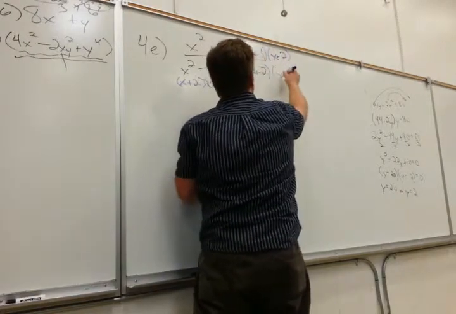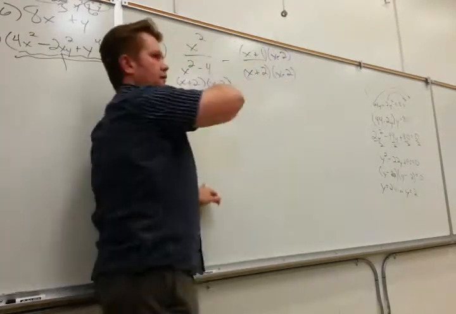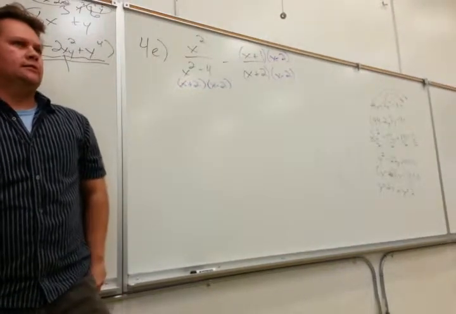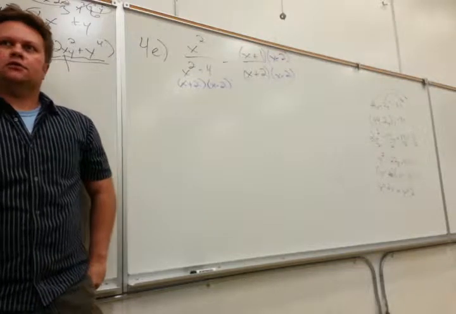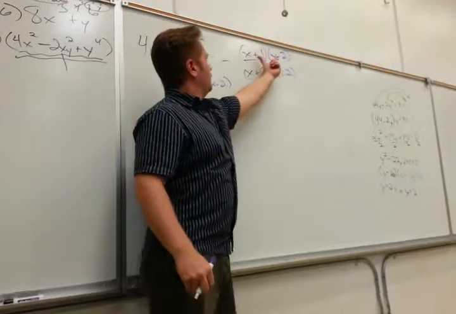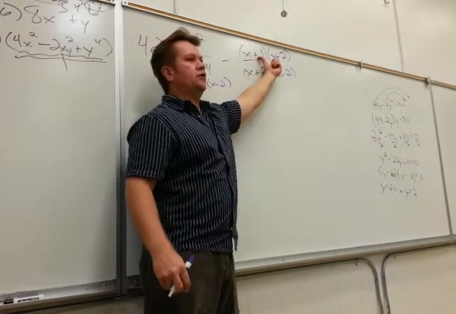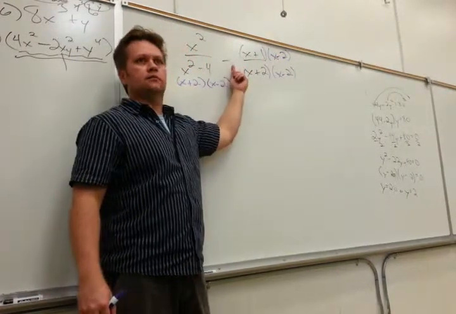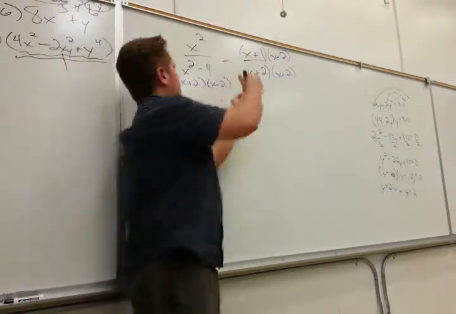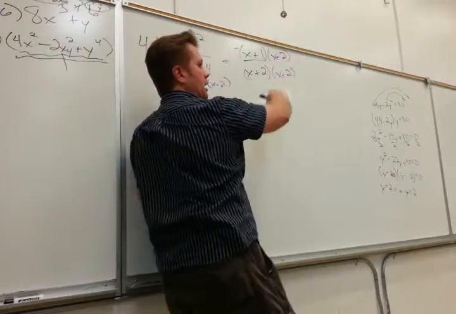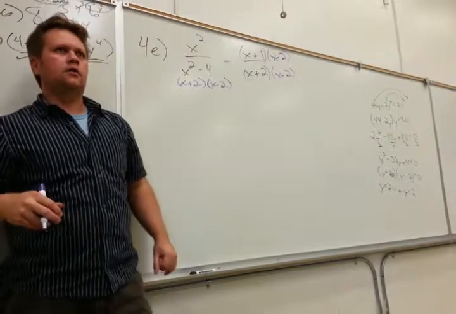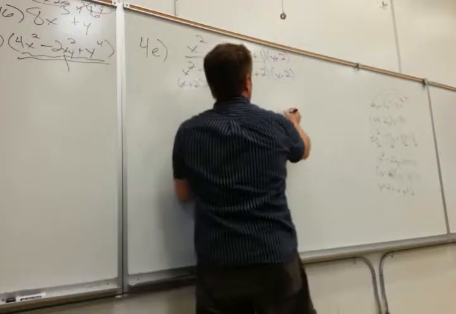The hardest part about this problem really is normally that minus sign. Minus signs and zeros, they always find a way to screw us over. That minus sign has to apply to everything here. So you can multiply this out on the side and then just change all of its signs. Basically, that's the way you can always do it if there's a minus. You could also bring plus negative and put that in there, but to me it's just easier to just change all the signs at the end. So I would highly suggest do this,